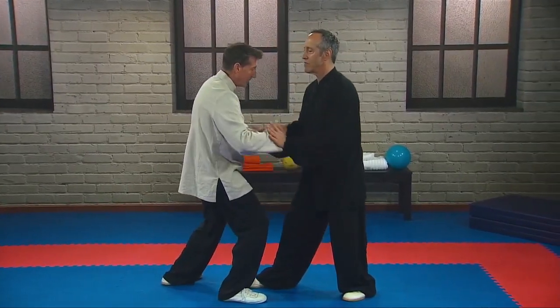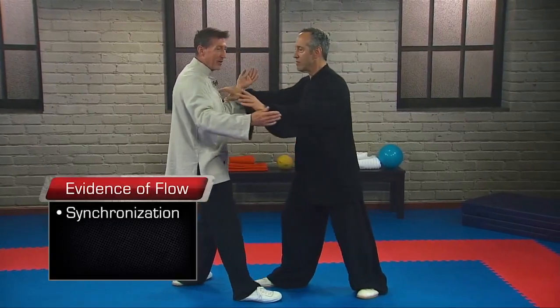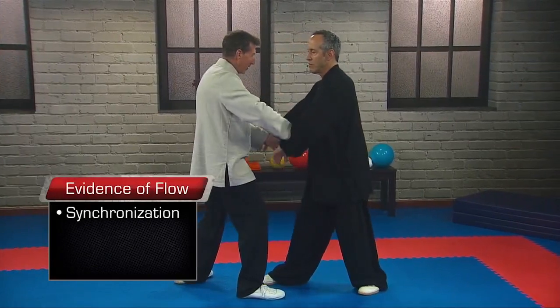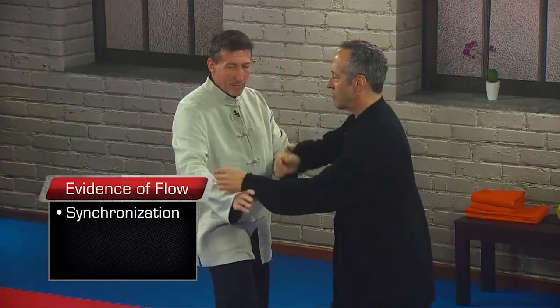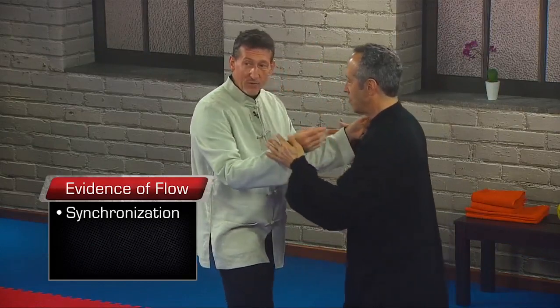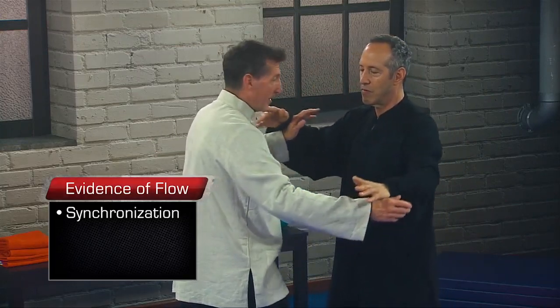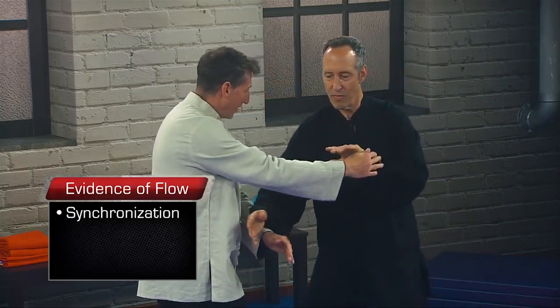How can you tell? Well, one way that you can tell is if there's a certain synchronization of motion, right? There's a certain rhythm to the motion that is equal on both sides. One of us isn't moving fast while the other one's moving slow. We're both moving at about the same pace. We both feel like we're in sync with each other. The other